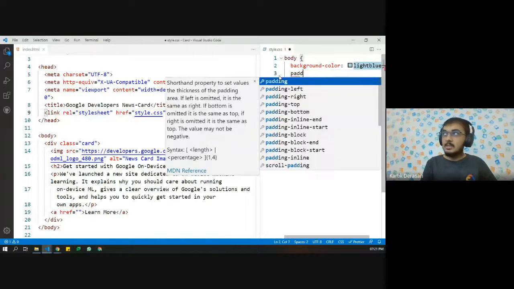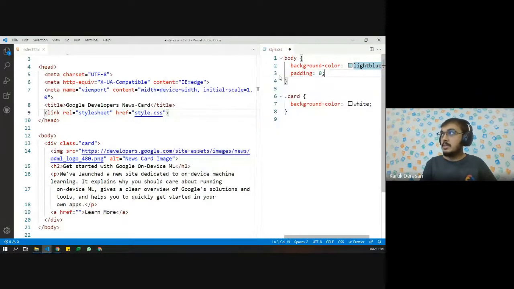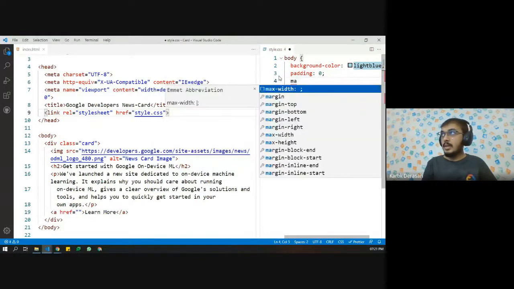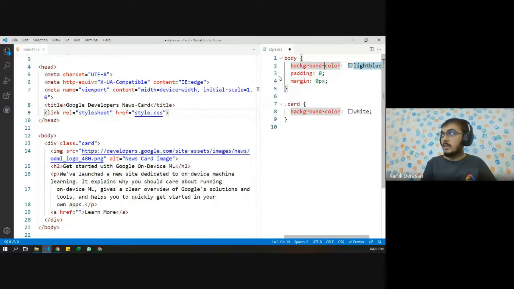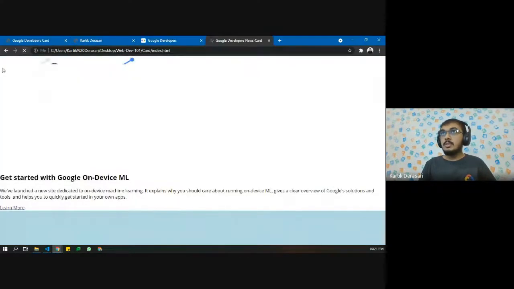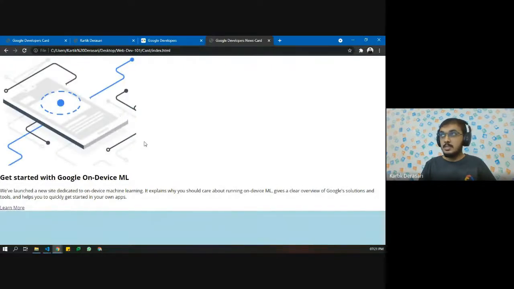So let us just remove any kind of margin and any kind of padding. We can also write 0. We can also define that as 0 pixel. Any of them would work. Now if we reload, we see that it is fitting the 100% screen.